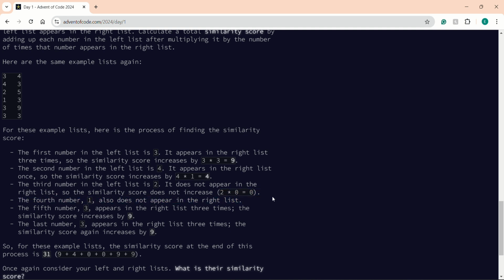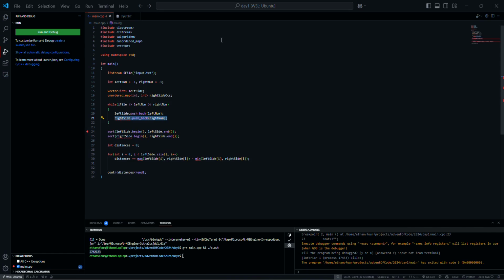But if we were to try that, I'm pretty sure if we try to find it in the map, it's gonna segfault because we haven't put it in the map yet. So what we need to do is left side that pushback left num. Okay, so